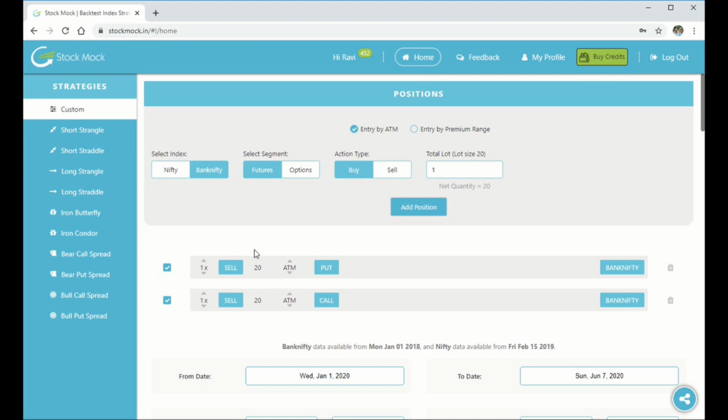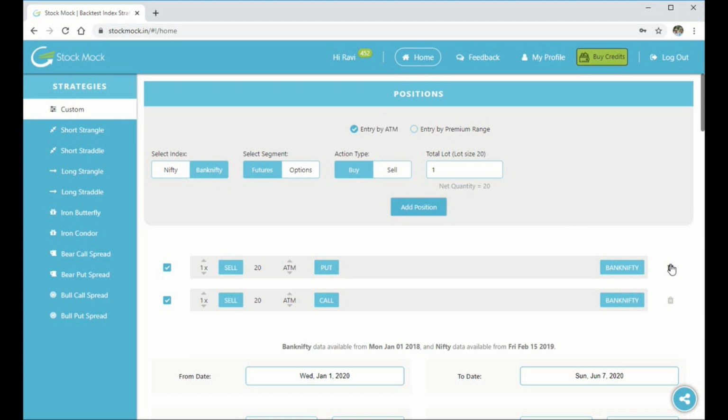So there are two different ways with which you'll be able to select the strike prices, either by selecting the at the money option or by selecting the premium range. First, let's look at how we select the custom strategies based on the at the money options.